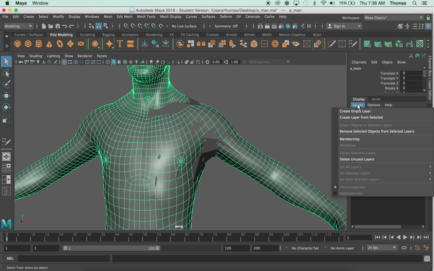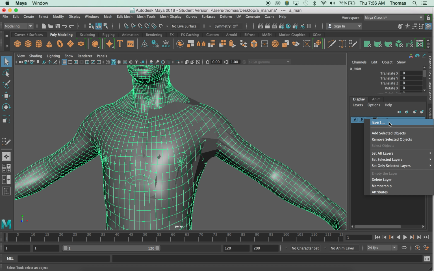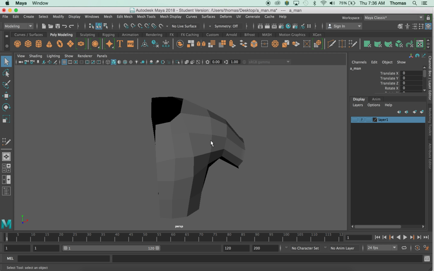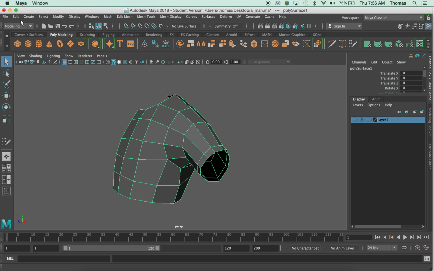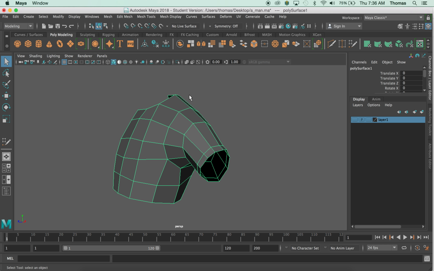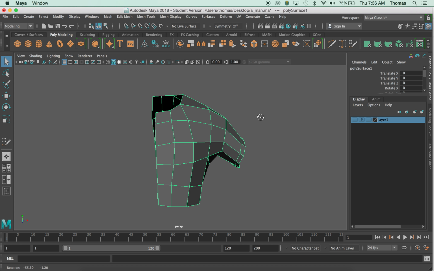I am going to go to my channel editor, and I'll go ahead and create a layer. And then with my body selected, not my shirt, but my body, I'm going to right click, add selected objects. Alright. What I'll do is go ahead and hit edit and delete by type history, just in case it's still related to that plot tool, because now what we want to do is